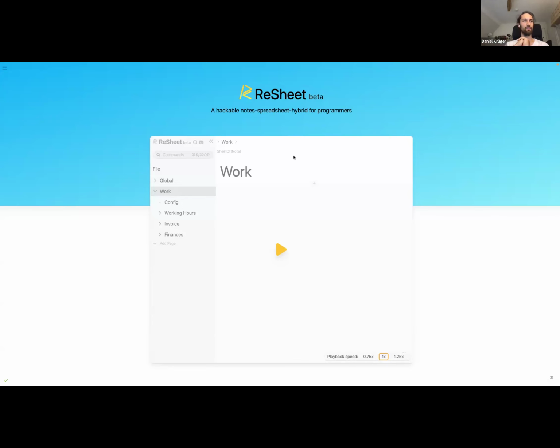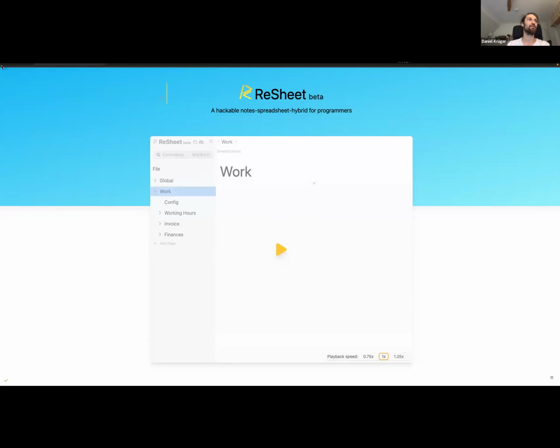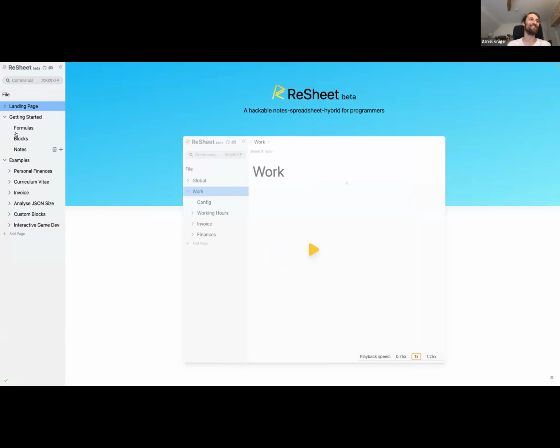This is my current attempt, the current state. So you see here, this is Resheet itself. It's not how it typically looks.